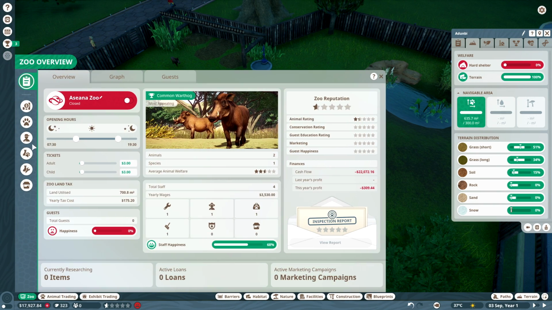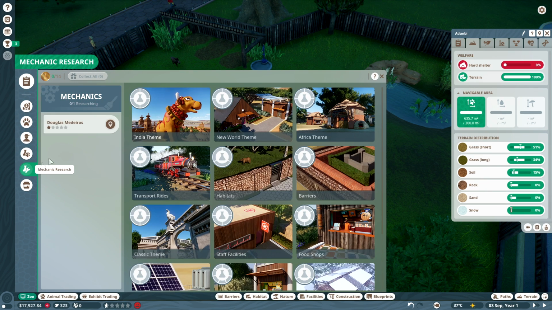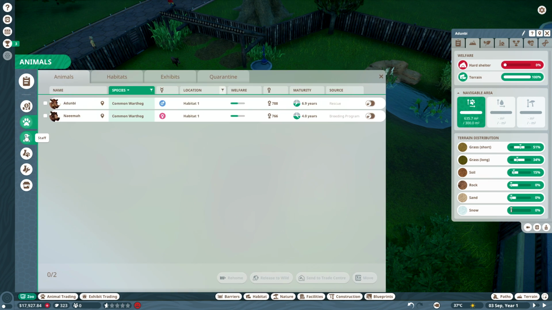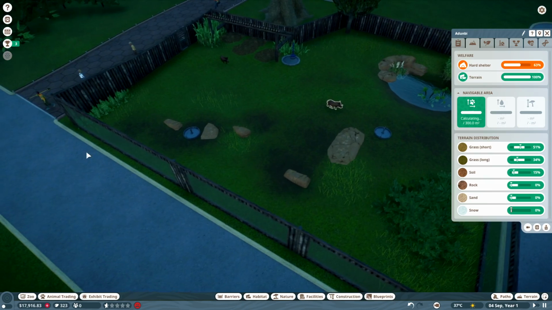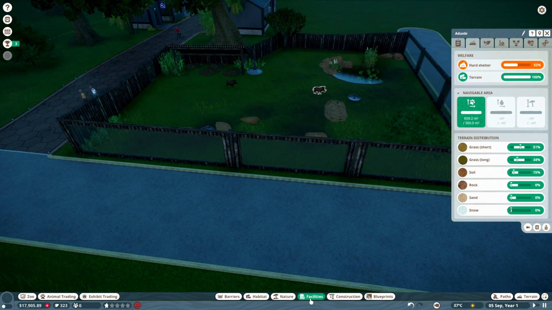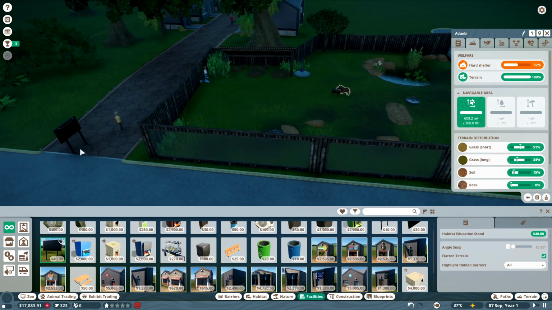Let's get that research. So vet research, Heidi Dawson can go and look at warthogs. Mechanic research can go and do New World, because that gets some of the better material looking stuff. Okay, right, let's play. And now what we need to do is get things ready for the arrival of the guests. So we'll give them some educational stuff,